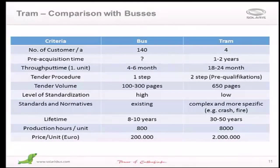First of all, I want to show you this slide I made when I started at Solaris a couple of months, you can say 1.5 years ago, to teach basically our bus group about the differences. Because if you discuss headcount and processes, there are much bigger differences than even Mr. Olszewski believed there are. First of all, in buses we have 1,300 buses a year, roughly 140 customers, and trams